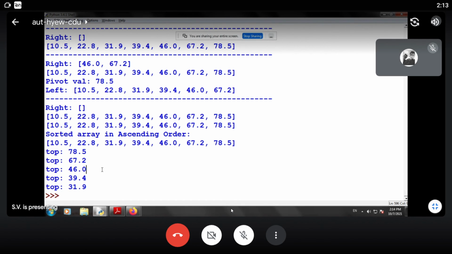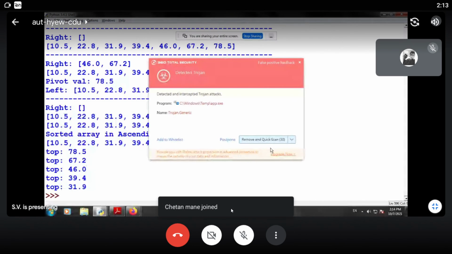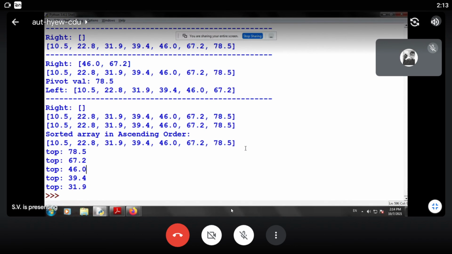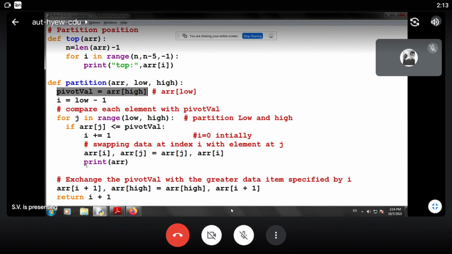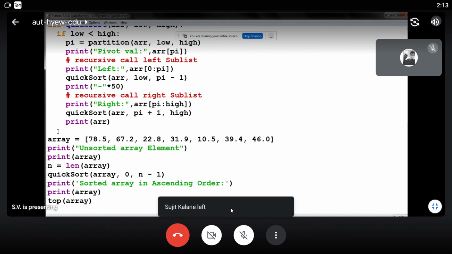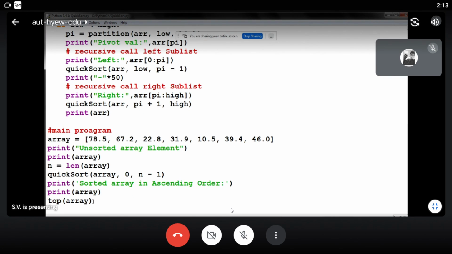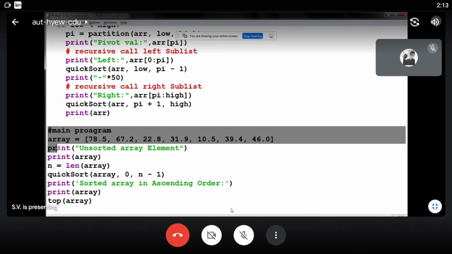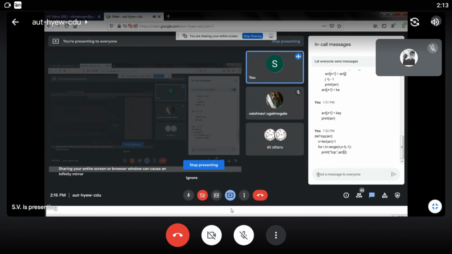Yes, participants, any question or query you have related to the simulation? So if you don't have any queries, I'll share the code. So this is the main program. And just share it for study purposes.